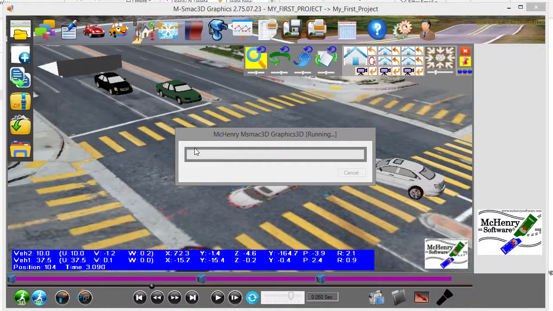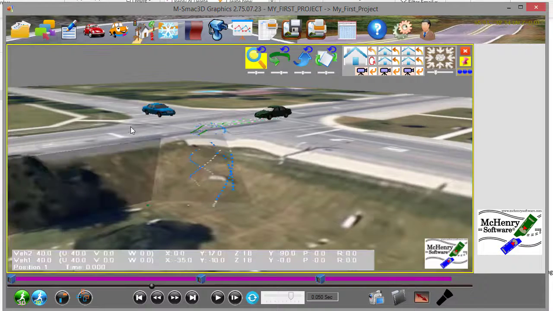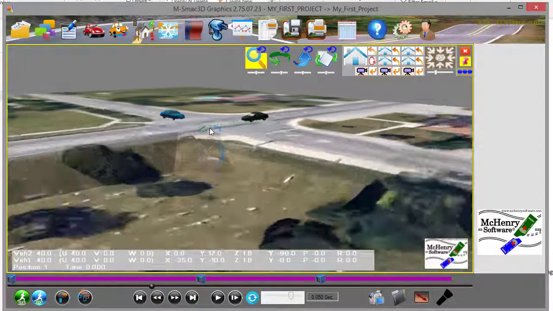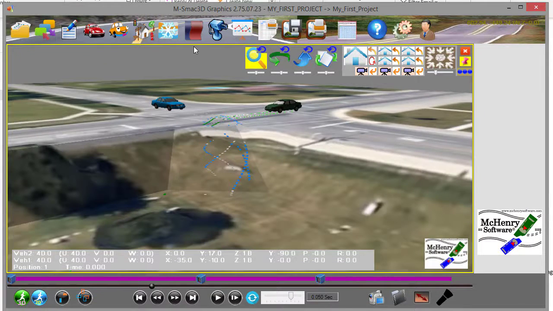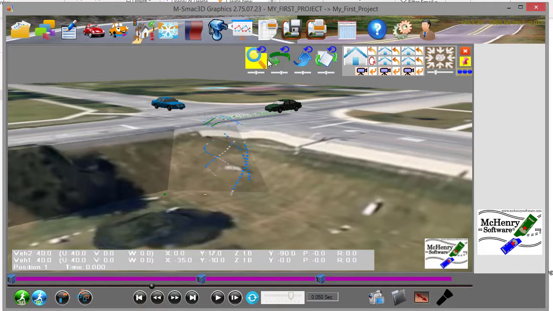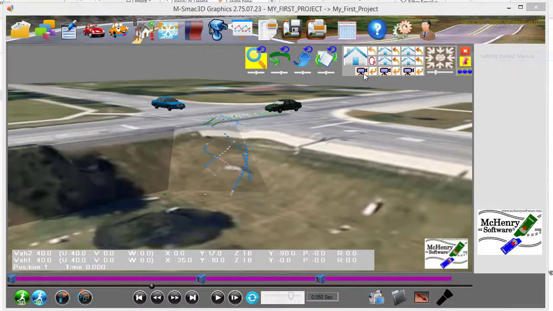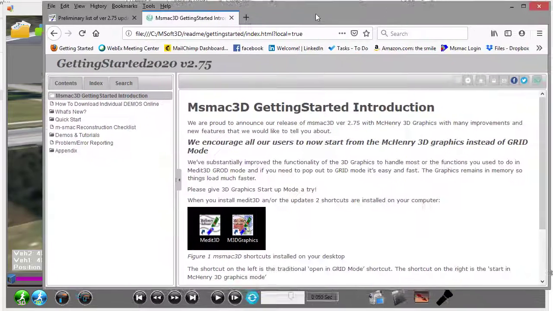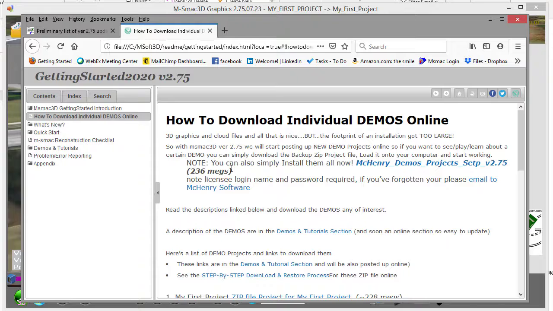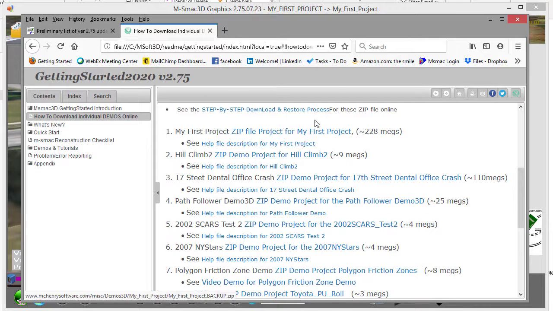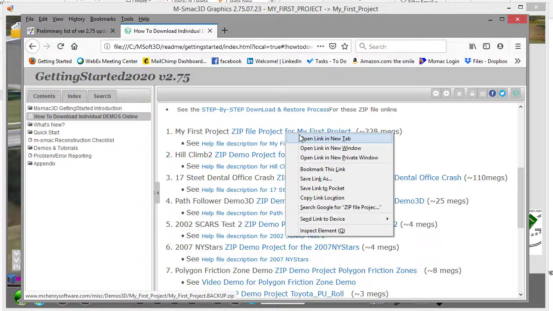And one other important thing, when you first start up your My First Project, it's a pared down version that we do with the main implementation. As you see, there's no houses, no buildings, no trees. Online, we have the ability to go ahead and get that. So if we go out to Help File, Help Documents, Getting Started, how to download individual demos, My First Project, you see it's 200 megs. Very simple. You go open link, save link as,